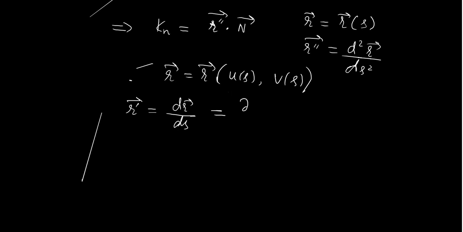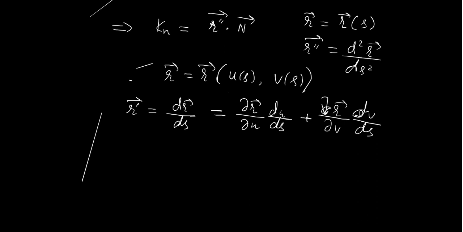So this is just the chain rule, which is r sub u into u dash plus r sub v into v dash, as per our notation, where dash means derivative with respect to s. But since I want the curvature, I want the second derivative, r double dash. So differentiate it again with respect to s, and by the rules of differentiation, I should get r